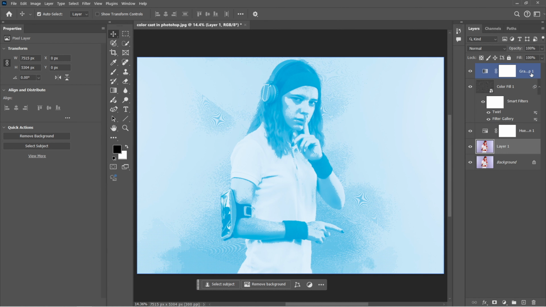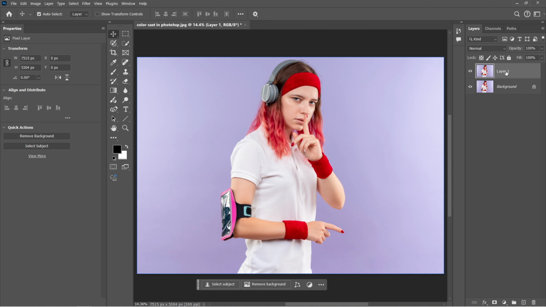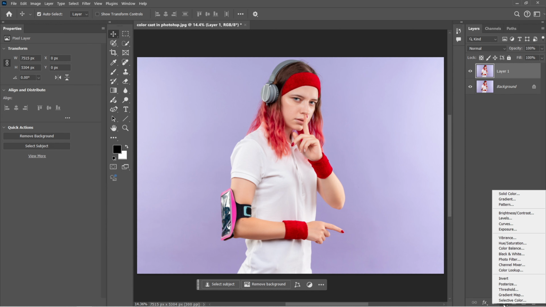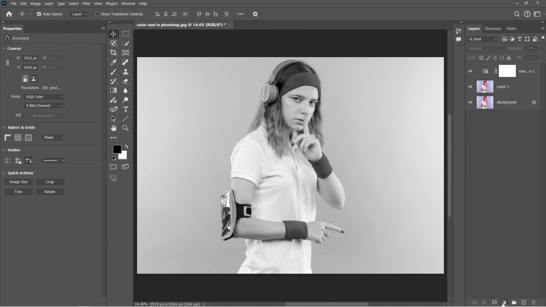So I'm deleting all things. So here we have a photo. If you want to download this photo and follow along, please check the links in the description. First of all, we need to make a copy or backup by pressing Ctrl J and simply desaturate it. I'm working non-destructively, so I'm making a Hue/Saturation layer and desaturating it all the way. Take one more layer of solid color,